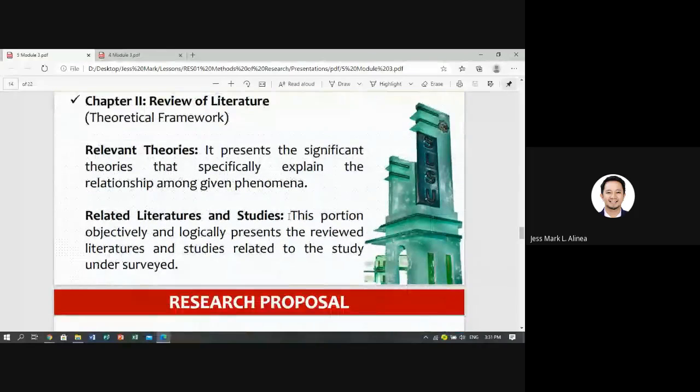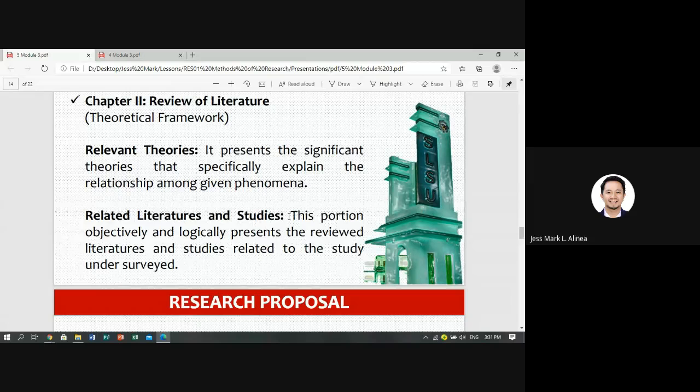Next is the related literatures and studies. Make sure na may nag-aaral din na katulad. Kung wala at ikaw ang kauna-unahang nag-aaral nito, well and good. That's your contribution to your field of specialization. But at least there should be some related literature and studies. Example, gumamit ka ng mga pictures sa paggawa ng application, let's say game ang ginawa mo, kailangan mo ring i-detalye yan sa chapter 2. Ilagay mo rin kung kanino nanggaling yung picture, at syempre yung picture.